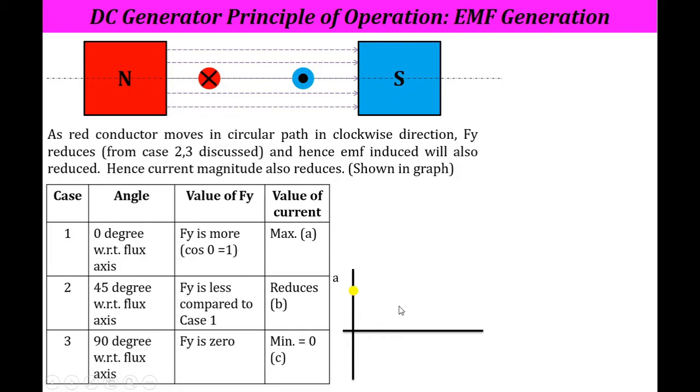Now as we move ahead from 0 to, let's say, 45 degrees, the value of the flux and in the same way the value of the current also reduces. And let's say this is the value of theta, when theta equals 90 degrees, then this axis is nothing but your current. So here you will observe that the current or the flux will be equal to 0. So this is the first graph that we have drawn here.